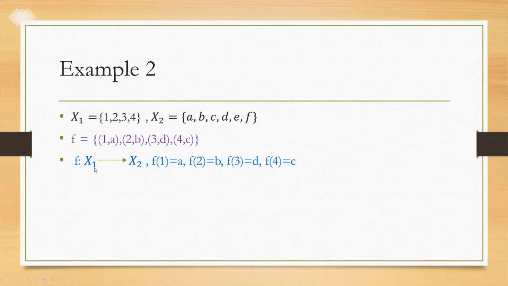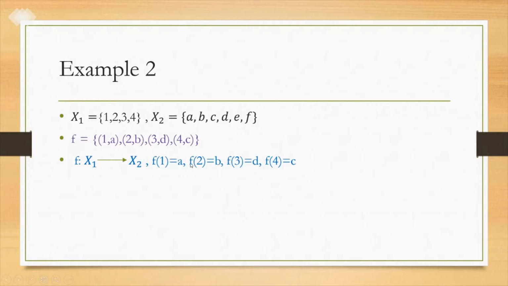So we write this function f in another way. f from x1 to x2. So this is the meaning of a function from the set x1 to x2. The meaning of this notation, f colon x1 arrow x2, is that f is a function from the set x1 to set x2. And we write, the image of 1 is a. So we write f(1) equal to a. So we read it as f of 1 equal to a, and